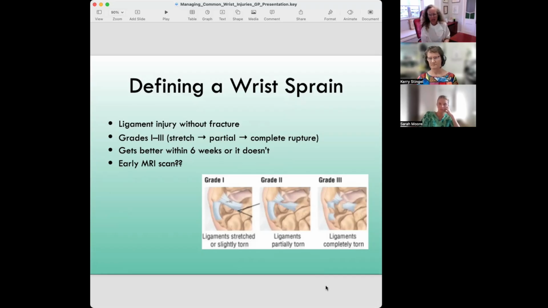So the patient has an expectation of a certain improvement in a certain time frame, and that is your other definition of what a wrist sprain is: it's the patient's expectation of whether or not they're going to be able to use their hand. And the reason why we use grade 1, 2, 3, mild, moderate, severe, small, medium, large, it's always very handy to have three, is because we're looking at whether or not they've got any